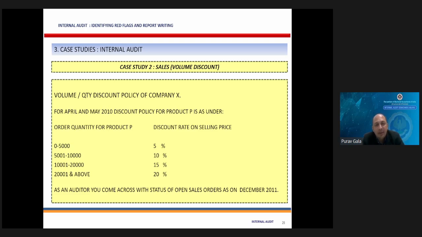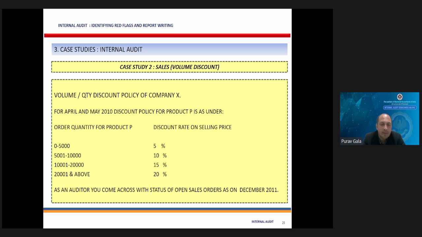So we have a company X, and this is the volume and quantity discount policy for company X. In company X, we are analyzing product P. We have the order quantity for product P on the screen, and then we have a discount rate on the selling price. If a customer is ordering, say, 5,000 quantity for product P, he will be entitled to a 5% discount rate. If it is more than 5,000 quantity, then he will be entitled to 10% discount on selling price. Basically, this is a discount slab